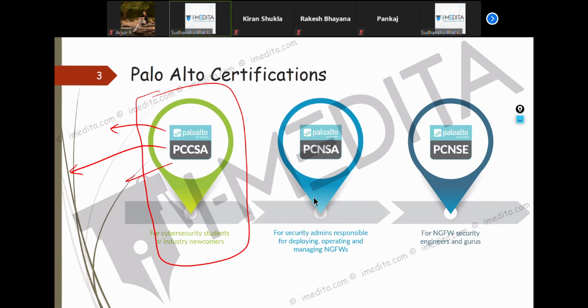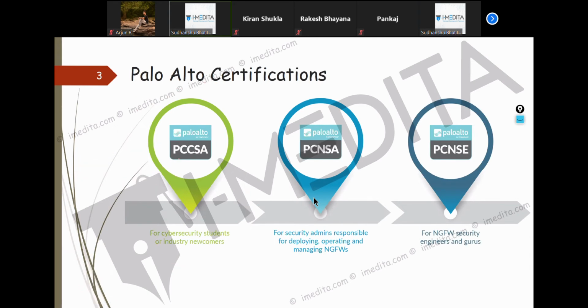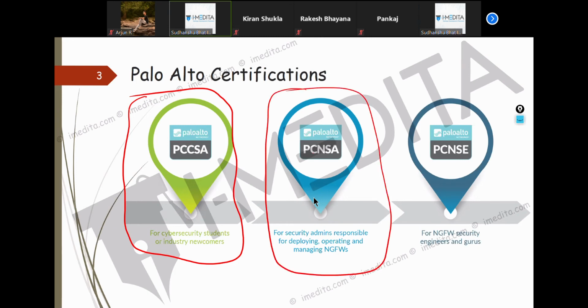Okay, like what is a firewall, what is VPN, those kinds of things. Most likely this is of no use for anybody who is a working professional. In here they start asking you certain things about firewall, but industry demands mostly, if you look at job descriptions asking for Palo Alto certification, most likely they will ask for PCNSE.